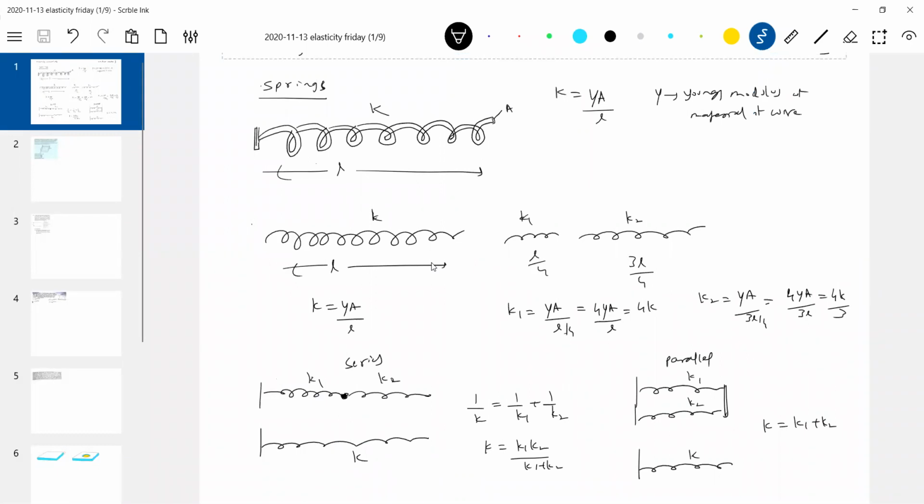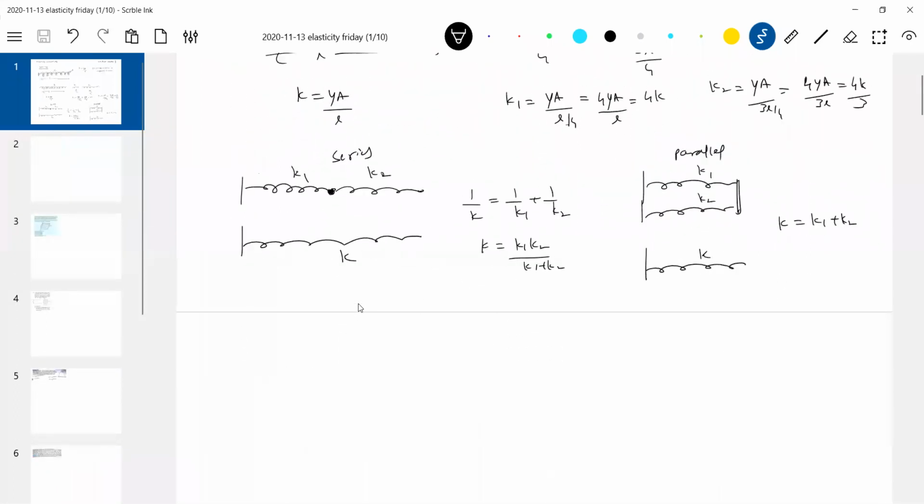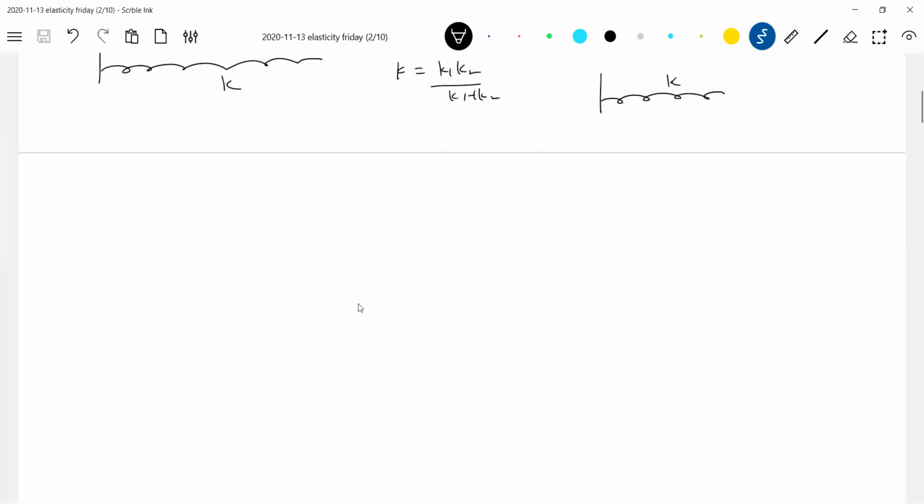So just recollect some spring problems. Now instead of a spring, they say a cord of length L. A spring can undergo compression, but a cord cannot undergo compression. Do you agree? An elastic cord cannot undergo compression. Think of a rubber band: can you compress a rubber band? You can only stretch it, but you cannot compress it.